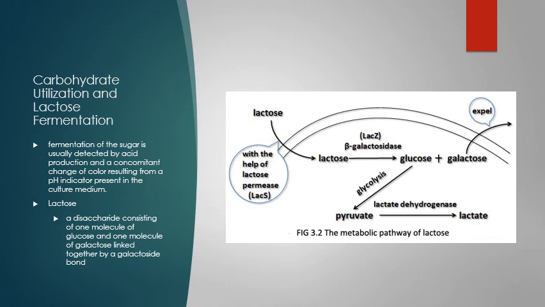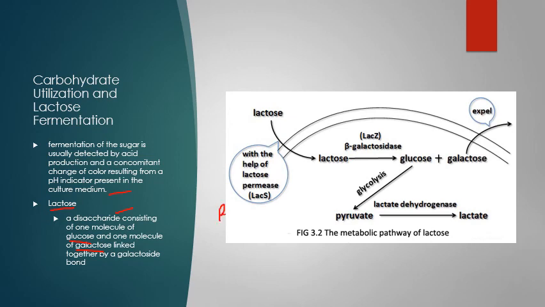So, a bacteria can actually utilize or ferment lactose. So, fermentation of sugar is usually detected by acid production or change in the color resulting from a pH indicator present in the culture medium. Note, lactose is a disaccharide consisting of a glucose and a galactose, linked by a galactoside bond. Okay? So, a bacteria can be a lactose fermenter, okay, if it has the two enzymes. What are the two enzymes? The two enzymes are your